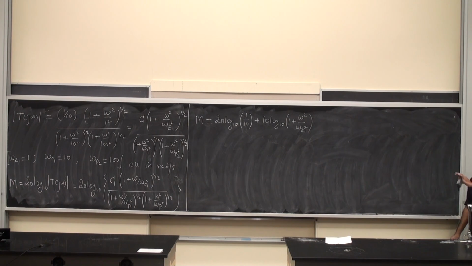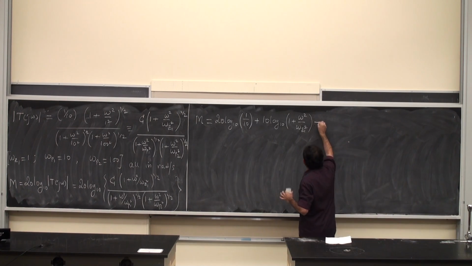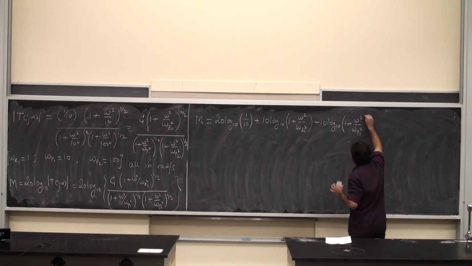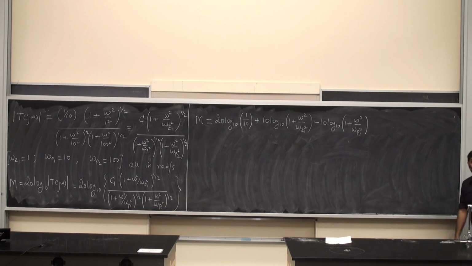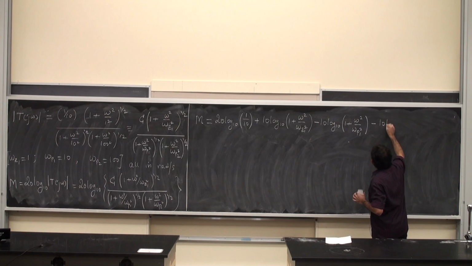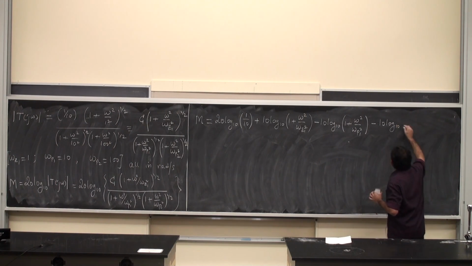Likewise, all the square roots I'm going to get rid of so that it all becomes a factor of 10 instead of 20. So then I have 10 log 10, 1 plus omega square, omega p1 square. And then lastly, minus 10 log 10